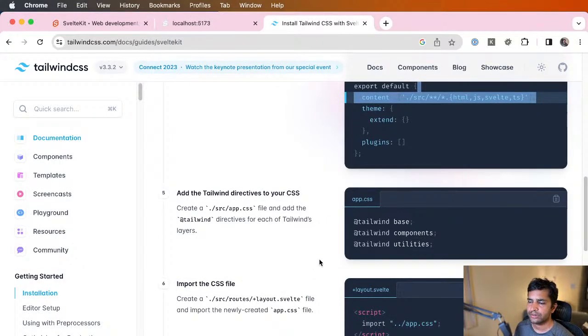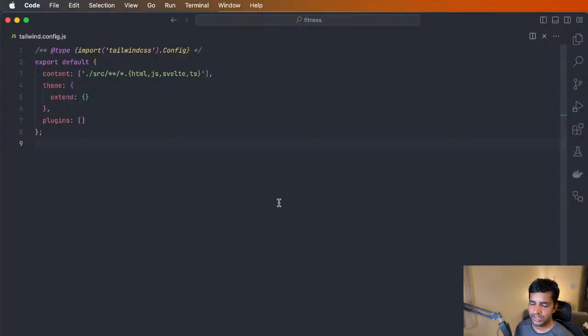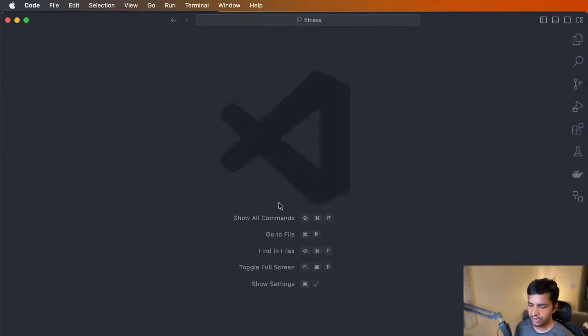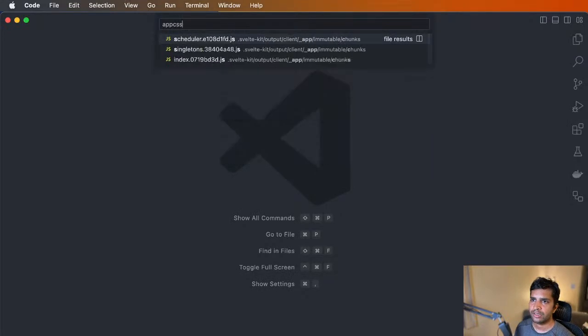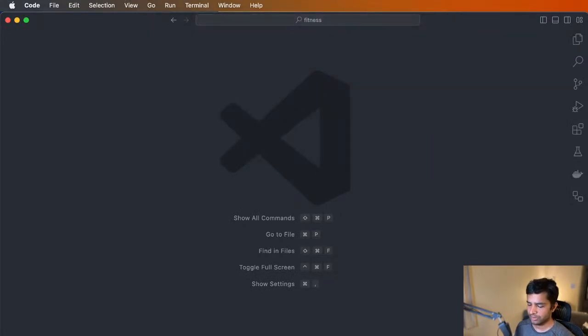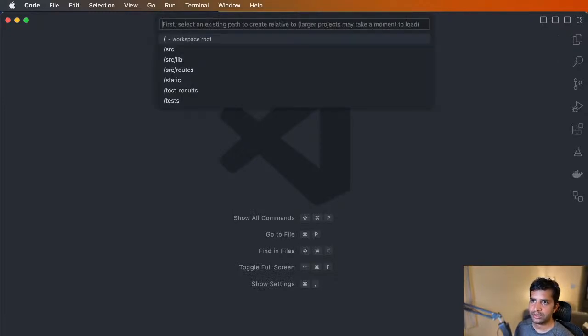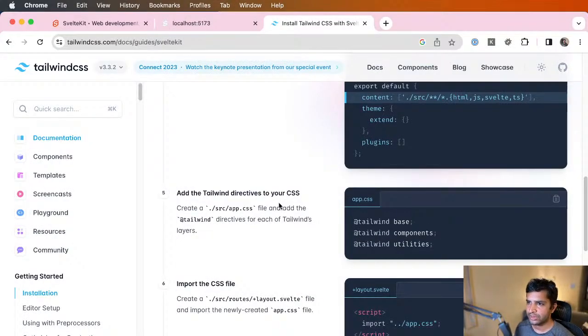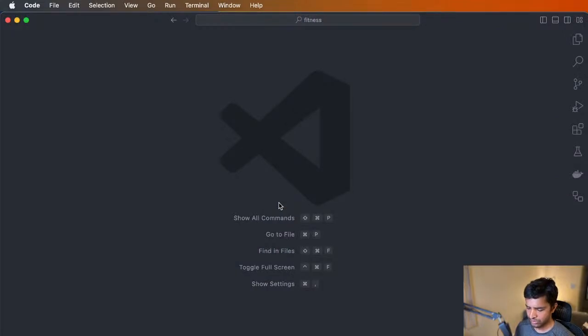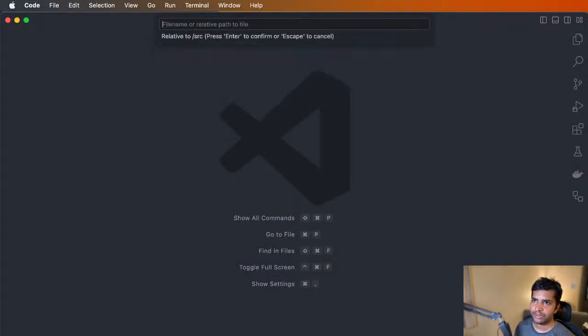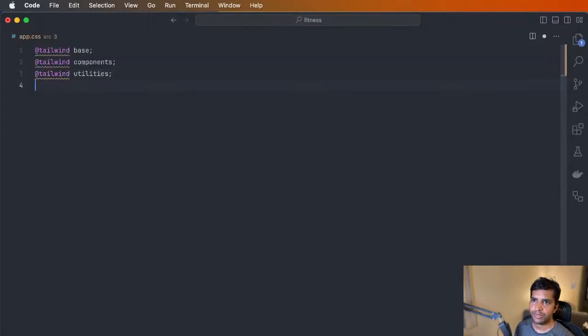All right, add tailwind directives in app CSS. There is no such thing. I guess I'll just have to create that. Where is that supposed to go? Under src. Okay, app CSS, paste,